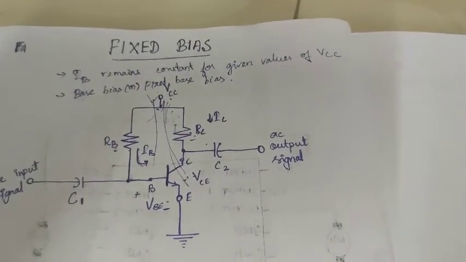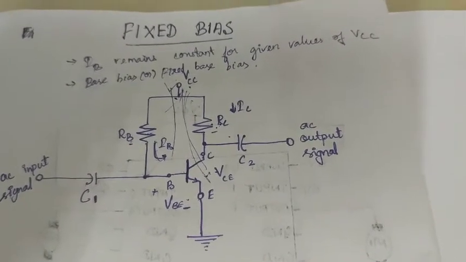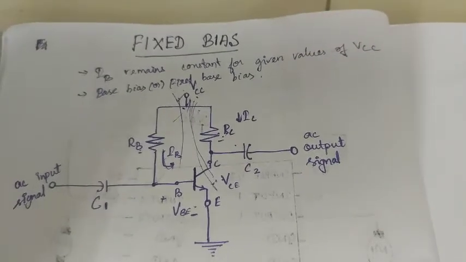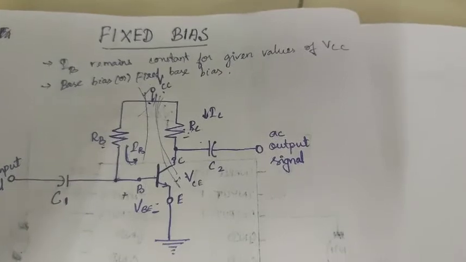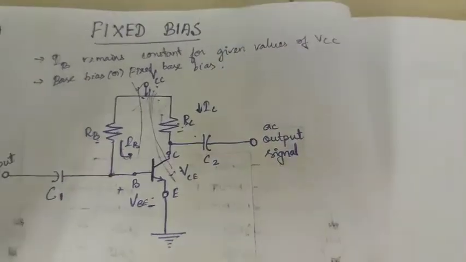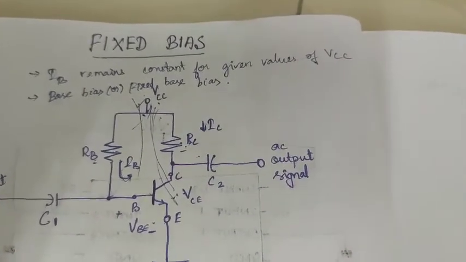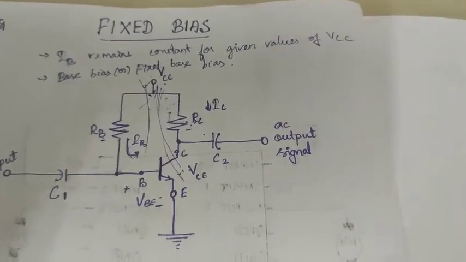So there are three operating ranges of transistor, that is active, saturation and cutoff. In the active region, the transistor acts as an amplifier. In the active region, the emitter base loop is forward biased and the collector base loop is reverse biased. So I am going to show how both the loops work there.